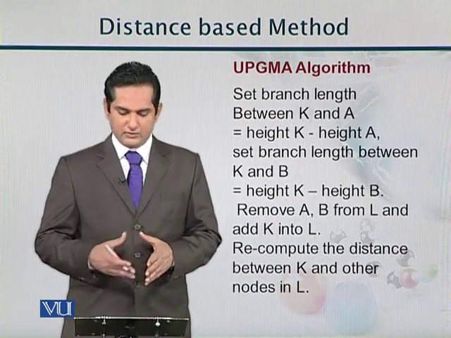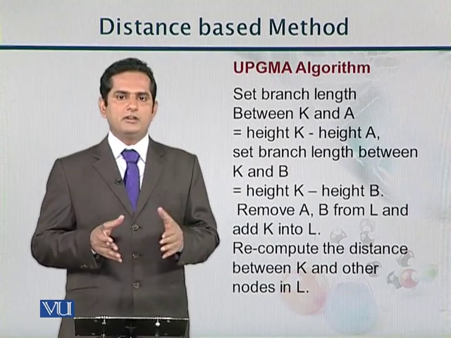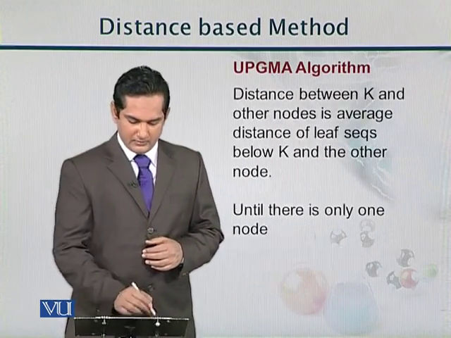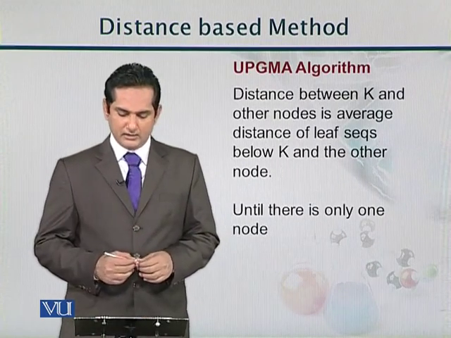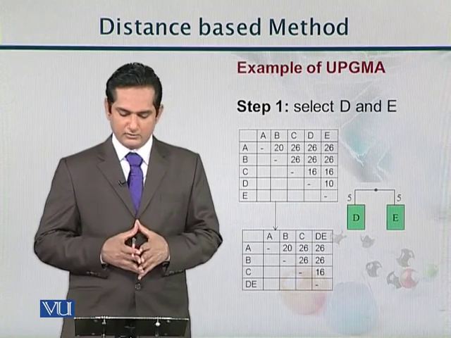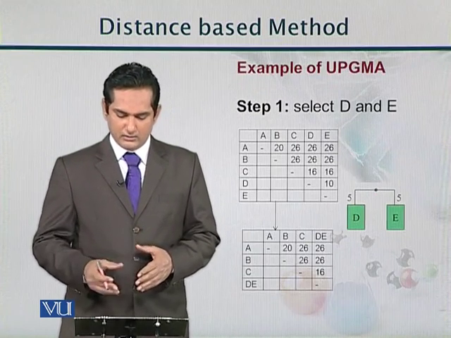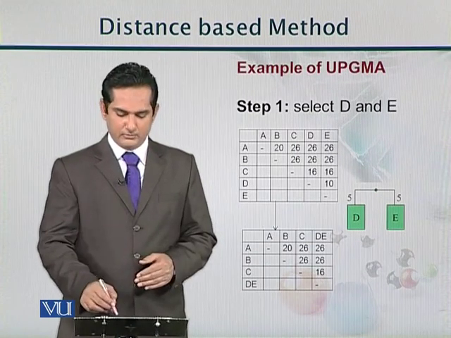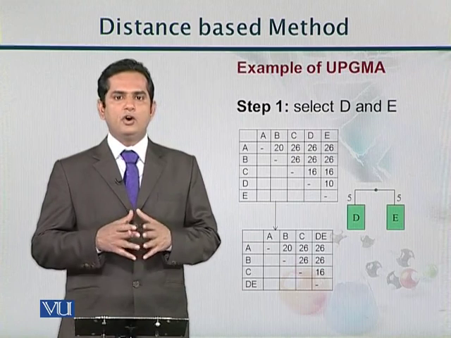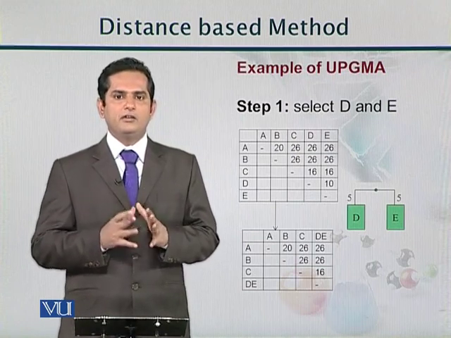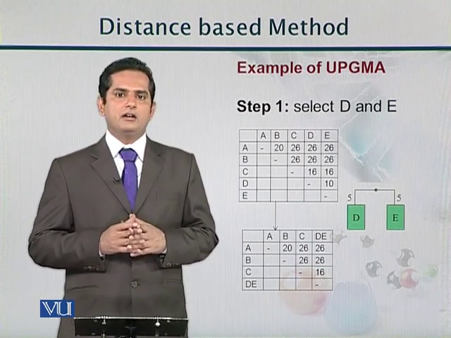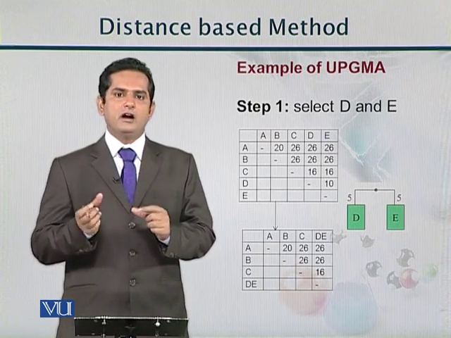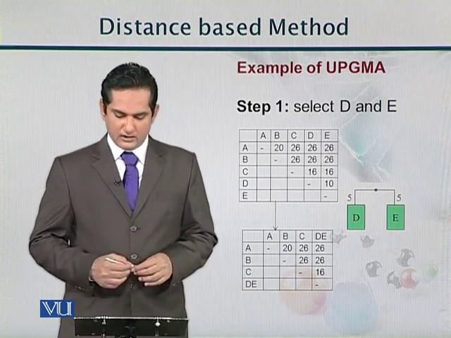Similarly, these are different steps which are written here to construct a phylogenetic tree from given sequences. So I will give a practical example of this UPGMA algorithm, which is starting from here. Suppose we have sequences A, B, C, D, E, column and row wise, and then we have information within the matrix on how we can generate a phylogenetic tree from this matrix. As I start, the first step was to join closest nodes using some distance measure, which will be half of that distance. So let's start from the first step.